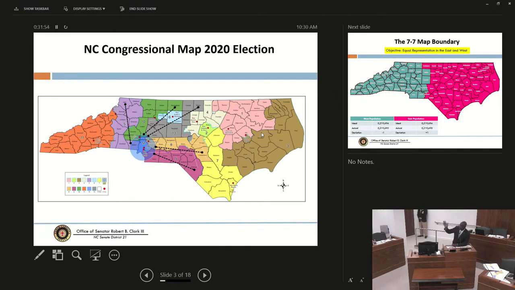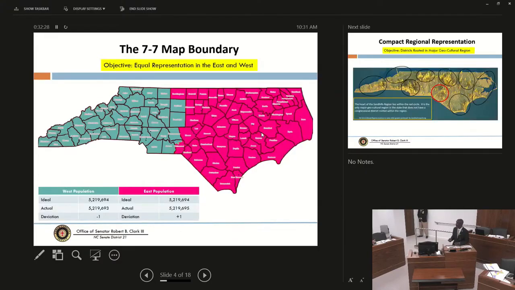And also, if you count the number of districts that are rooted in the west versus in the east based on population, you'll see that we have, excuse me, I believe it's 8 in the west and only 6 in the east. And I think something's wrong with that. I think the common person out there would think, well, we ought to have a balance there, but we don't have that. And so one of the things I wanted to do moving forward in the plan that I have before you today is make sure that in the east and west we have 7 districts in each based on a split of the population.